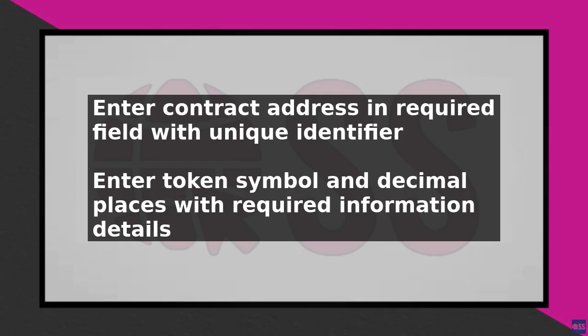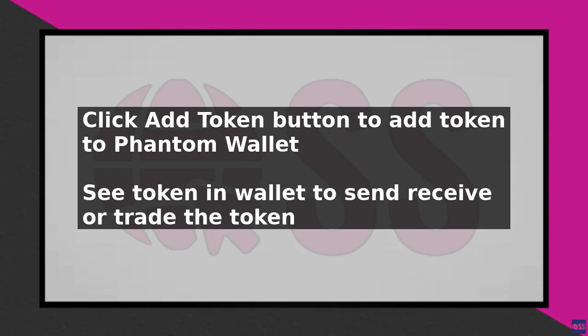The decimal places refer to the number of decimal places the token can be divided into. And this information can also be found on the token's official website or on a Blockchain Explorer website. After entering the required information, click on the Add Token button to add the token to your Phantom Wallet. You will then see the token in your wallet, and you can use it to send, receive, or trade the